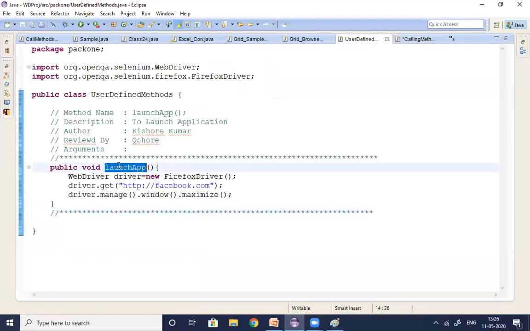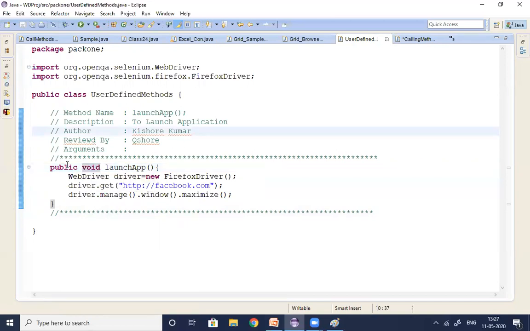Whenever you are calling any method, first we need to check whether it is accessible or not. That is possible with the help of the access specifier. Since it is public, yes, you can access it anywhere. And the second step is, how to access it, which you can confirm based on static and non-static. Since this is a non-static method, we can access this method by creating the object.